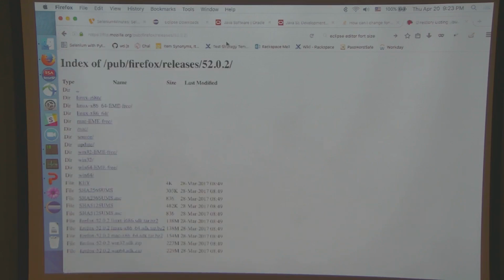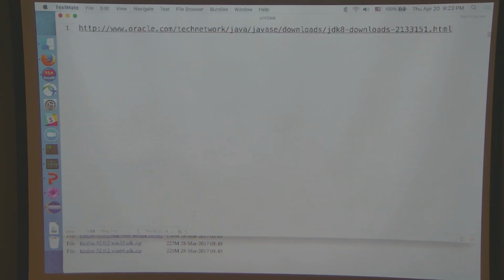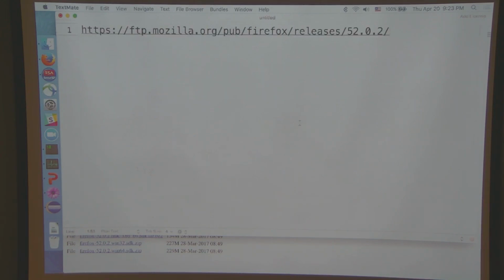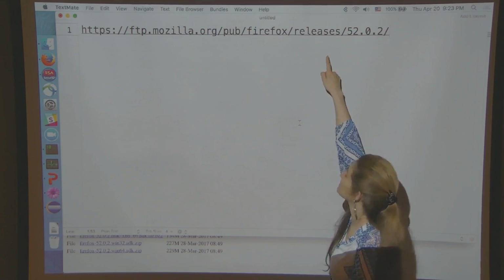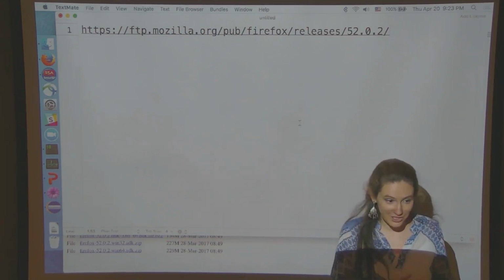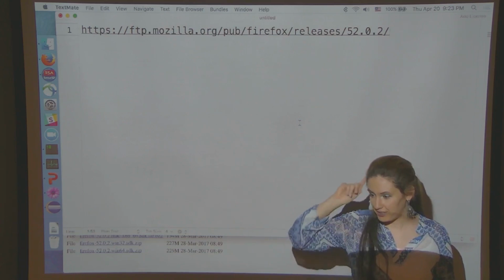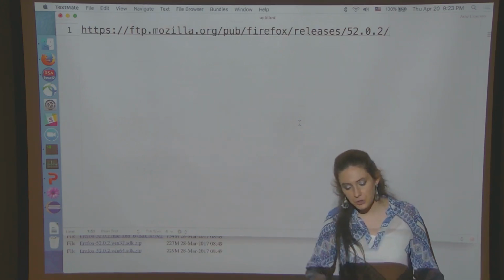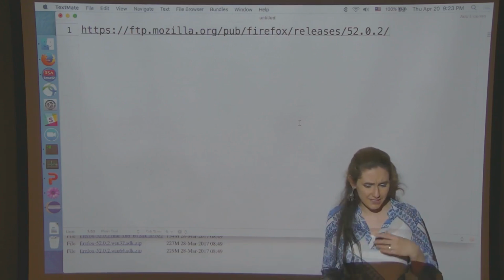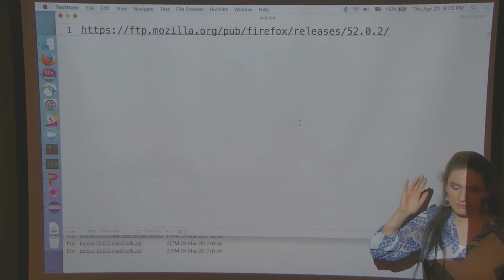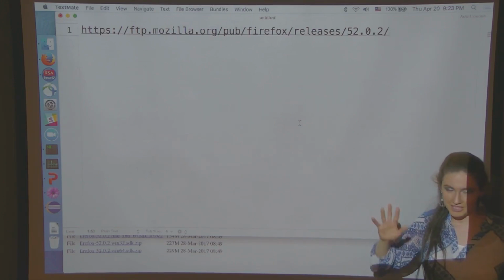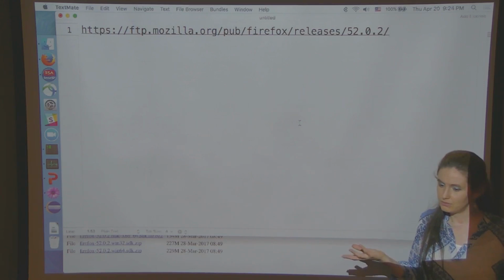This one. Everybody sees that? It's essentially the Mozilla public Firefox releases. You can scroll through the list and find 52. There's 52, 52.0 beta, 52.0.1, 52.0.1 beta. This is the most advanced, up-to-date 52.